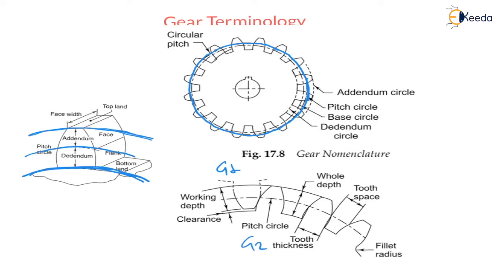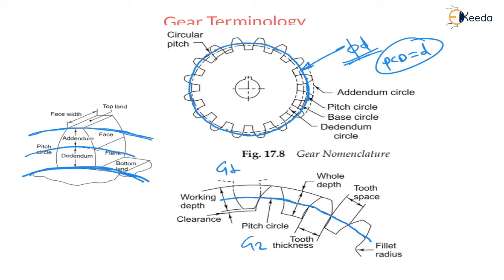Therefore, here in cross section or in another view, you can see the pitch circle. This will be your pitch circle, right? And generally the size of a gear is specified with the help of the pitch circle. That is the pitch circle diameter, which is equal to d. Therefore the size of a gear is specified by the pitch circle diameter, right?